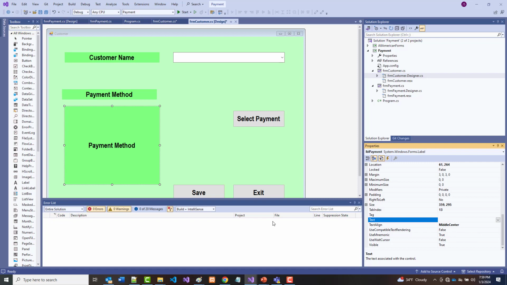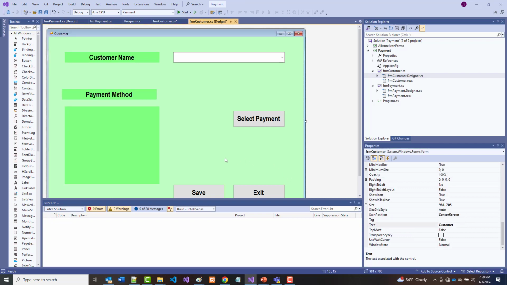All right, it says here payment method. I don't want that there. There. Now, when I look at this in the book, if that is indeed what this is,